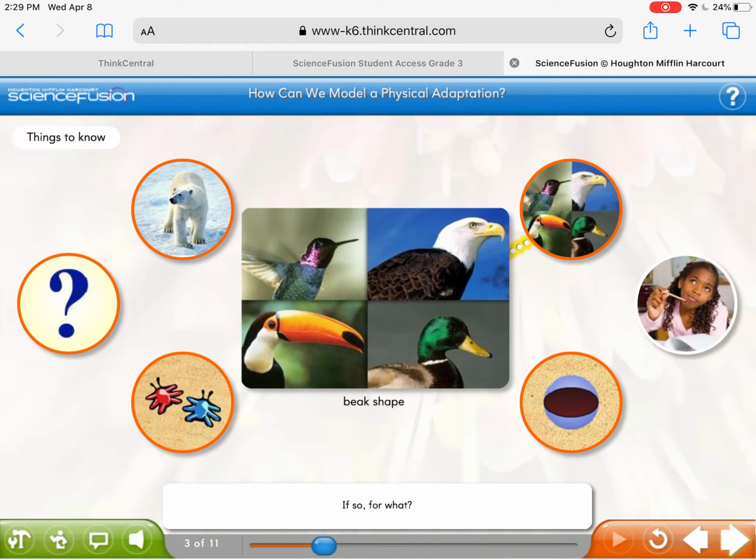So if we look, the first bird up here is a hummingbird, and it has a little pointed beak, and we learned about them when we were doing the life cycle, that they drink nectar from flowers. So if they have this small beak, it kind of looks like a straw, so it makes it really easy for them to suck the nectar out of the flowers. Then the bald eagle is a bird that eats rats and different animals, so it has that pointy almost tooth on the front of its beak that helps it bite into the skin and eat an animal,